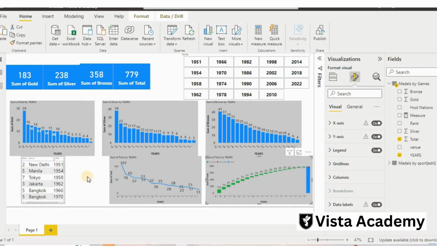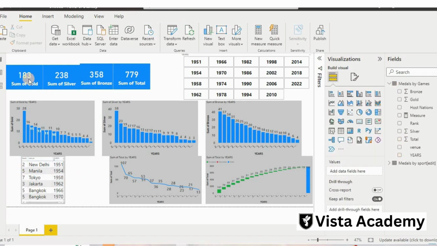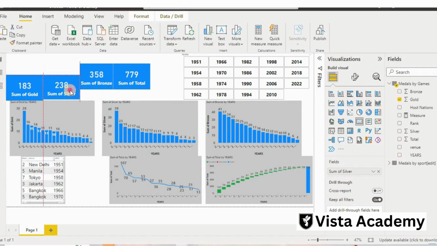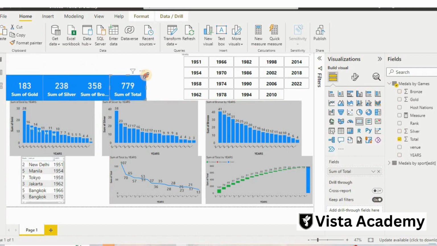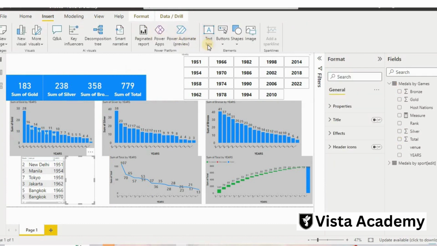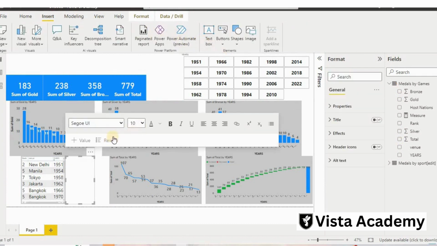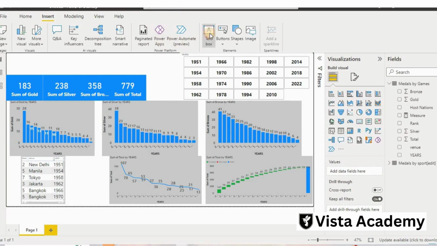And now I can also create one more thing: we can add the heading in our chart first. So put the heading here. I will go to insert, and from this text box I will type. Where is the text box? It's not showing.